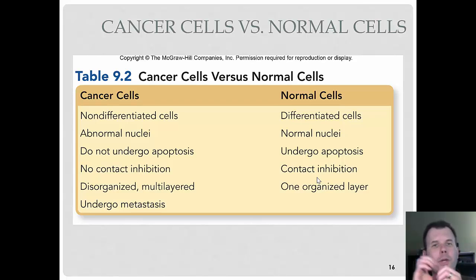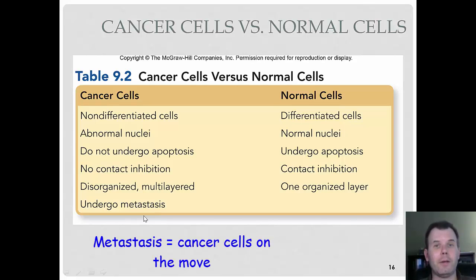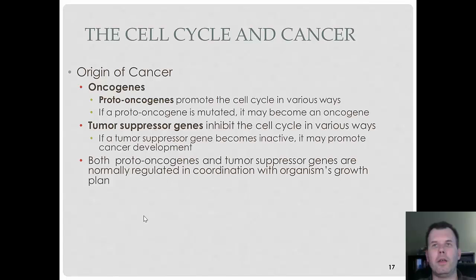In cancer, they don't care. They just start growing on top of each other, pushing each other out of the way, and this is when you get these ugly-looking tumors that start to grow in different spots, and so it loses that contact inhibition. They become multi-layered, disorganized, and then the biggest thing is that they can escape the area. When they escape, it's a bad thing that's called metastasis. So remember that. If things start to move, you're in trouble.